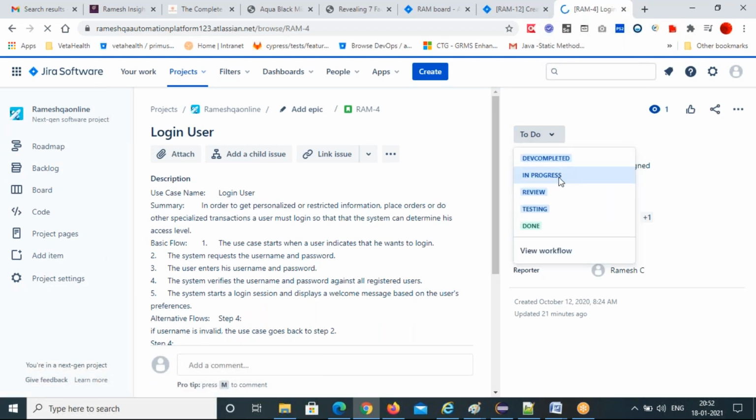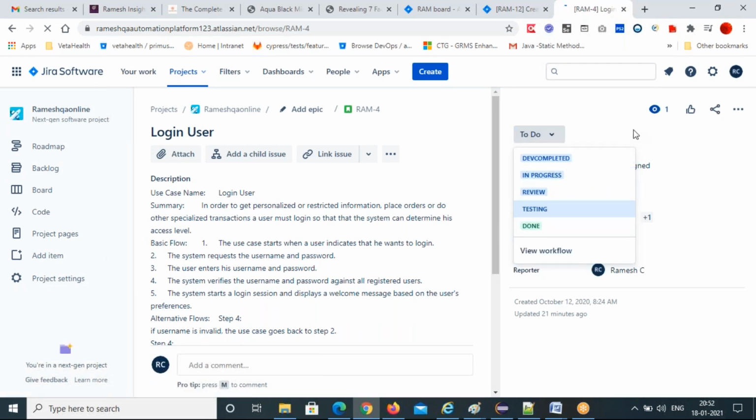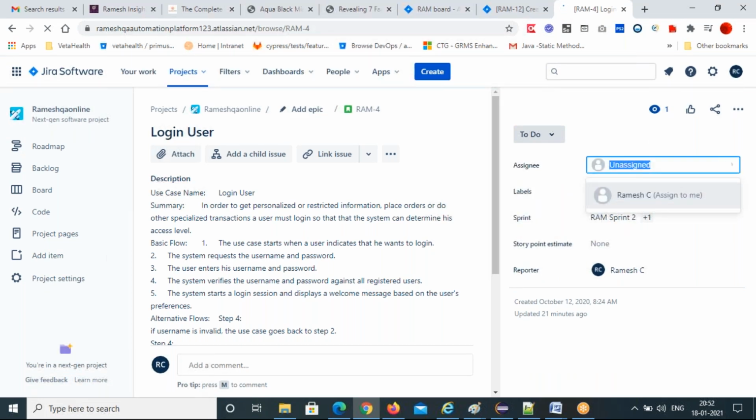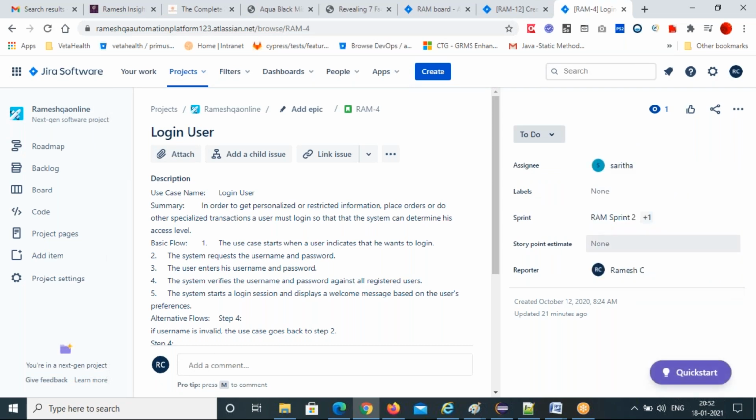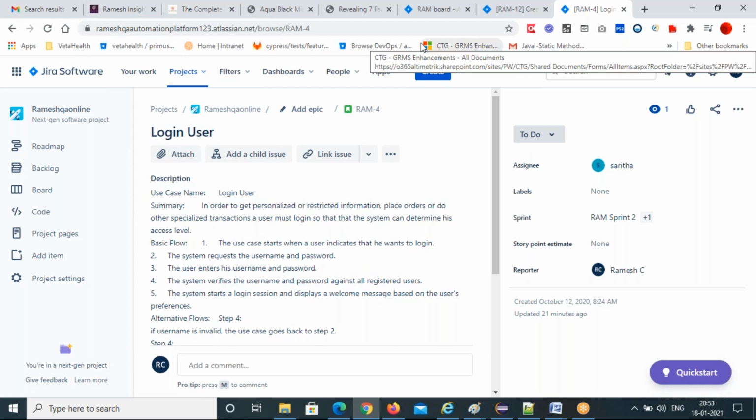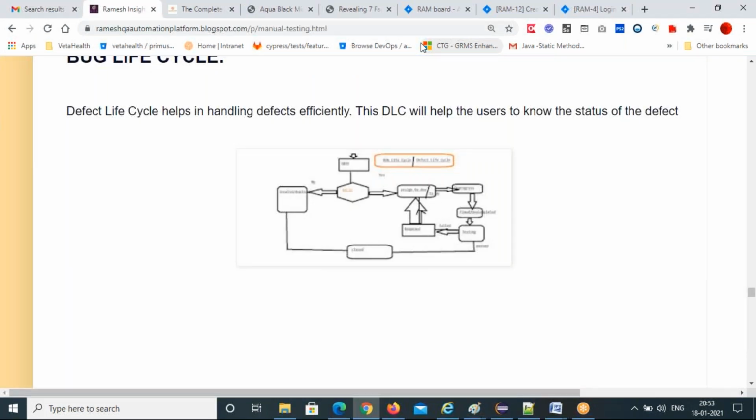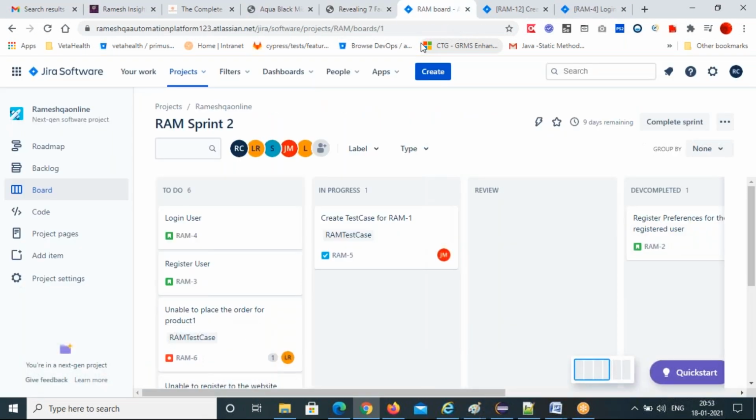But as a developer, what will you do? I'll assign to a particular developer first. Unassigned means not assigned to anybody. So I'll assign to Sarita. Just think, Sarita is a developer, and she started working on this login user feature. And then another one, register user also.